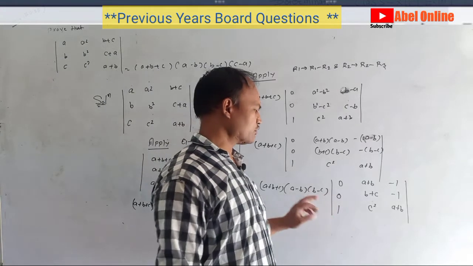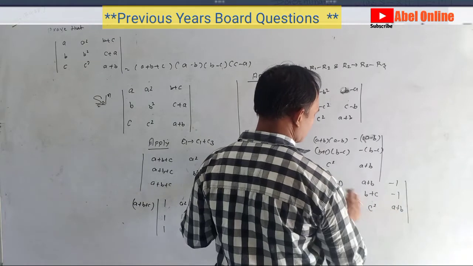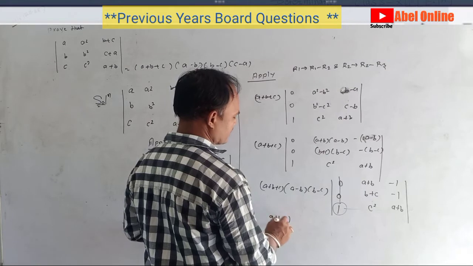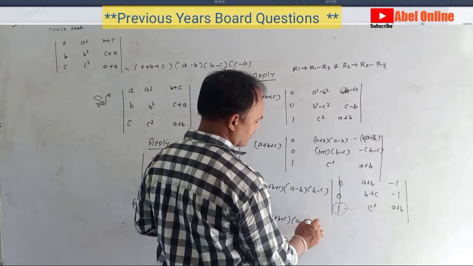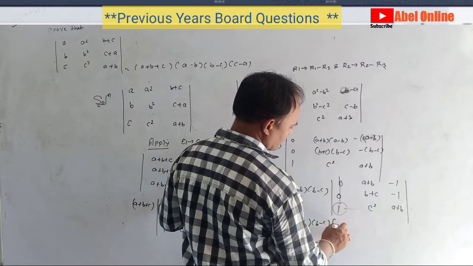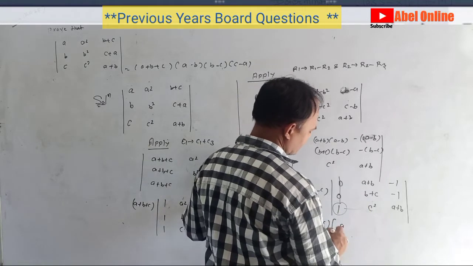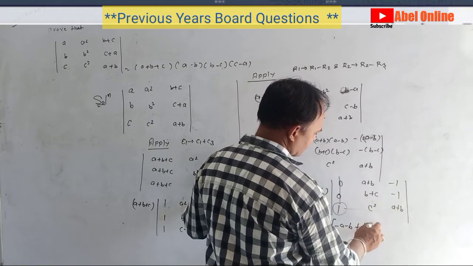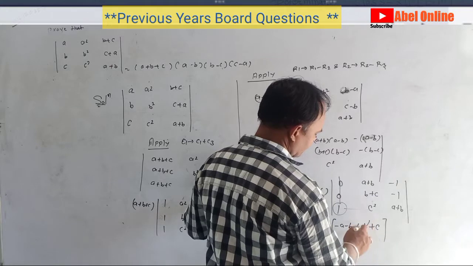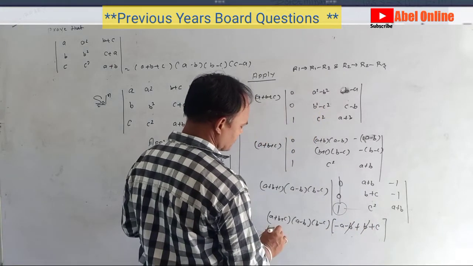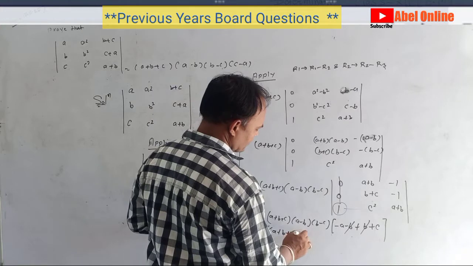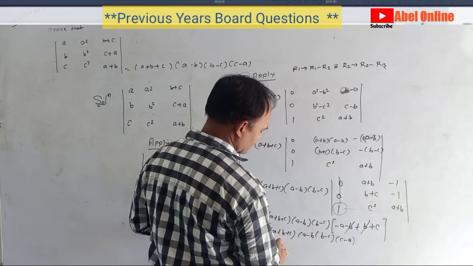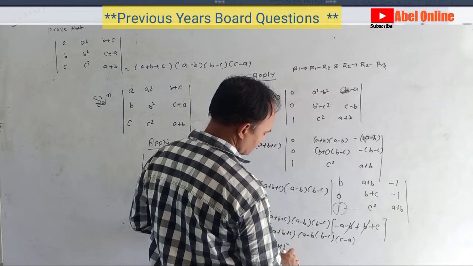Two zeros are here, so we are going to operate with this. So this and this are eliminated, and the remaining part is A plus B plus C, A minus B, B minus C, and minus A minus B plus B plus C. Okay, so B is cancelled by B, so the remaining part is A plus B plus C, A minus B, B minus C, and C minus C. So it is RHS. Hence proved.